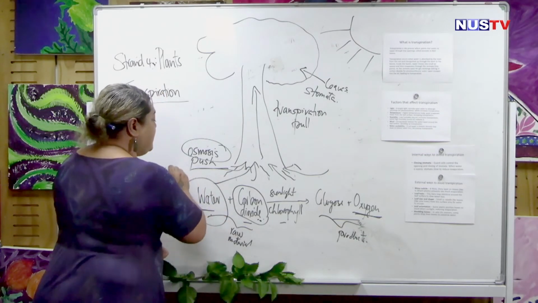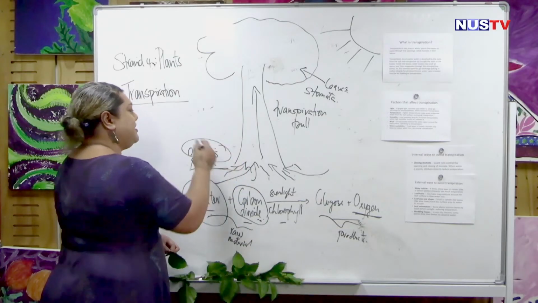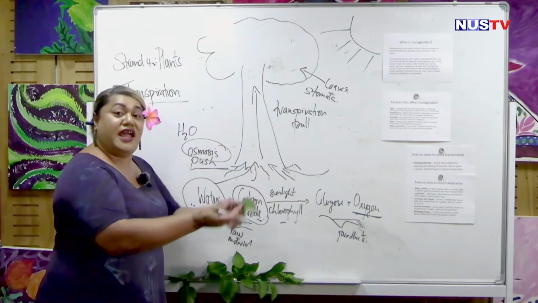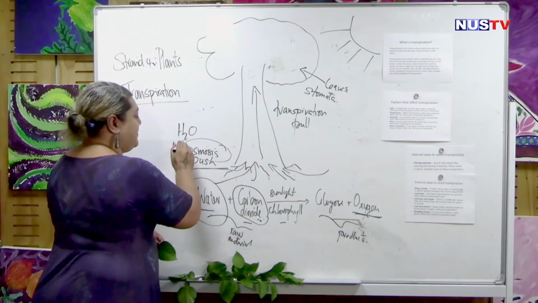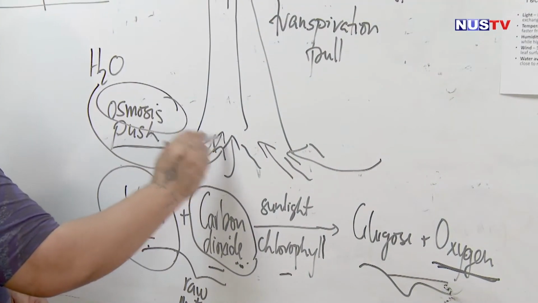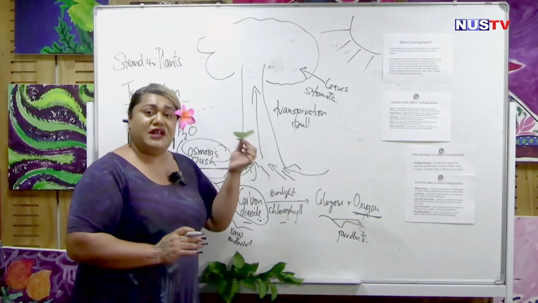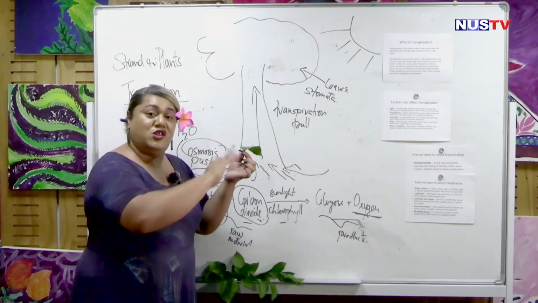So it moves inside because it is highly concentrated. So H2O is highly concentrated outside of the plant. Then the water moves in. Remember, transpiration occurs in the leaves. So as the water is lost,